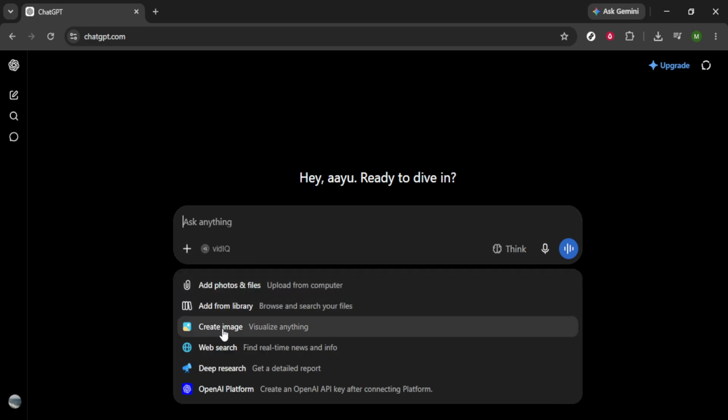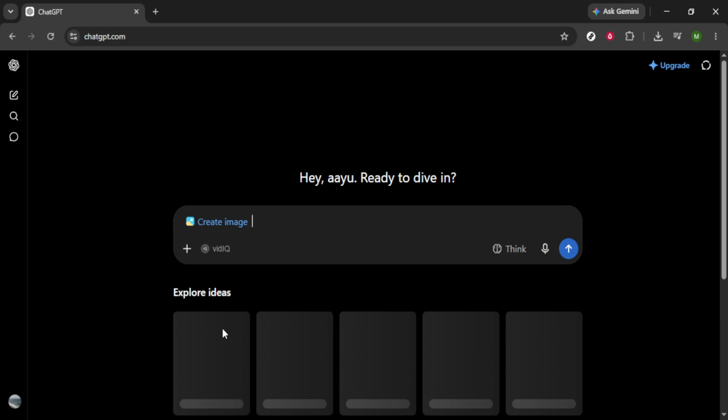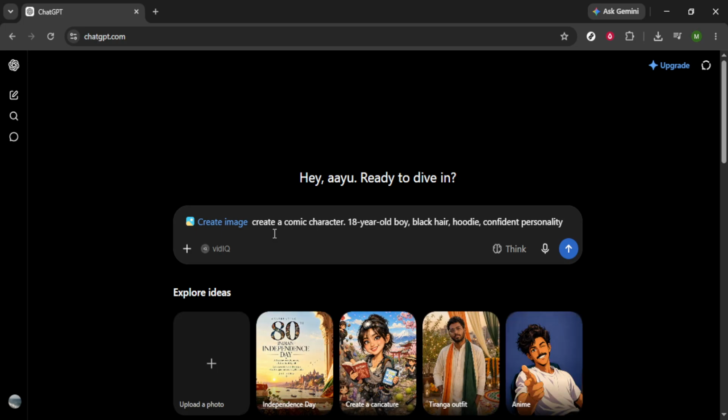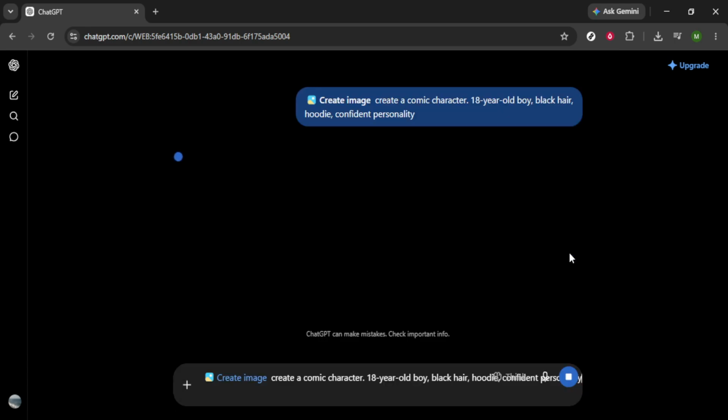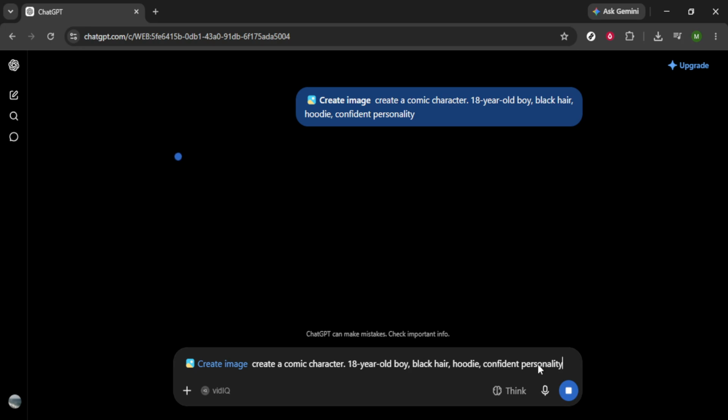Now, when you reach the prompt box, it's crucial to describe your main character in clear and vivid terms. For example, you might type something along the lines of, "Create a comic character, an 18-year-old boy with black hair, wearing a hoodie, who has a confident personality." This step is essential, because the more specific you are, the easier it will be for ChatGPT to maintain the character's visual consistency. Details like age, hair color, clothing style, and personality traits all contribute to a stronger visual identity